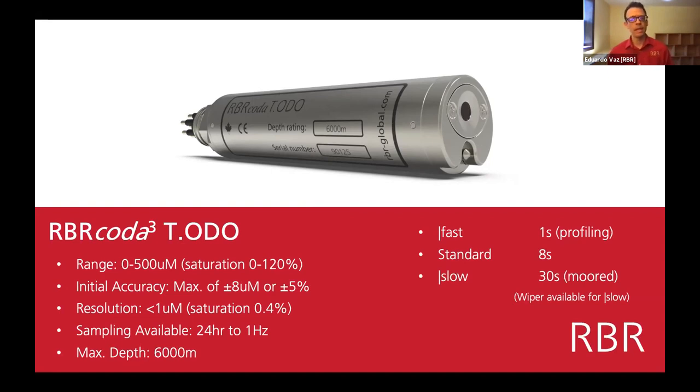Again, this can be configured to sample anywhere from 1 Hertz, so 1 sample per second, all the way to once every 24 hours. And this specific Coda goes down to 6,000 meters. And this is the one body it has. It's a titanium body. It does have 3 time constant versions. There is a fast, which is a 1 second